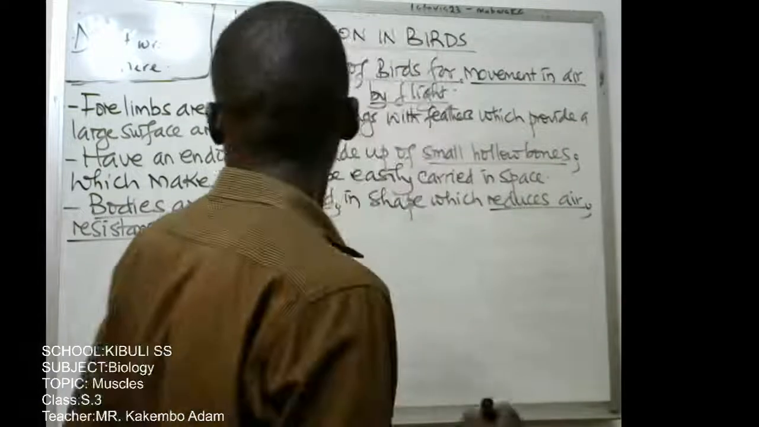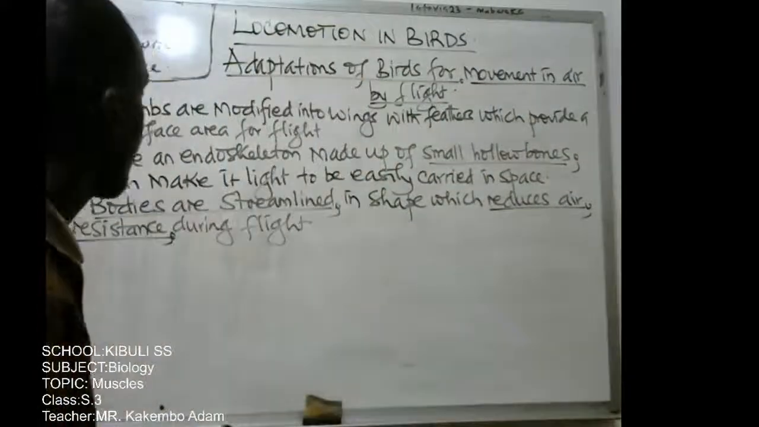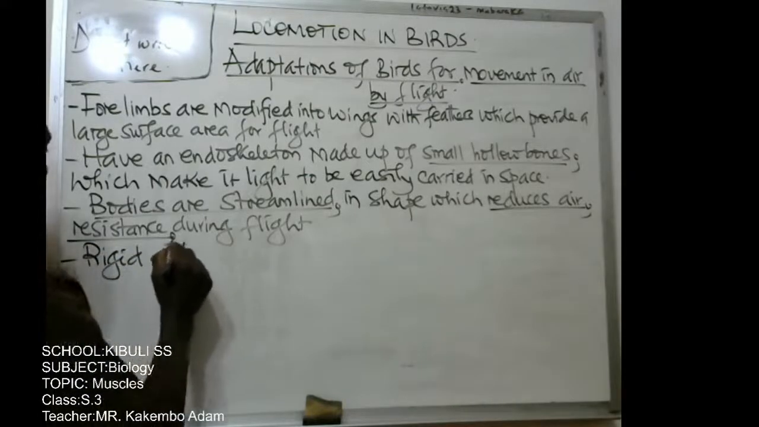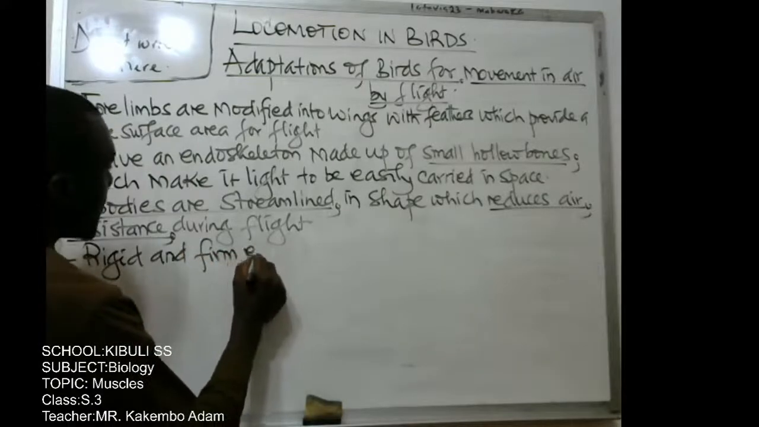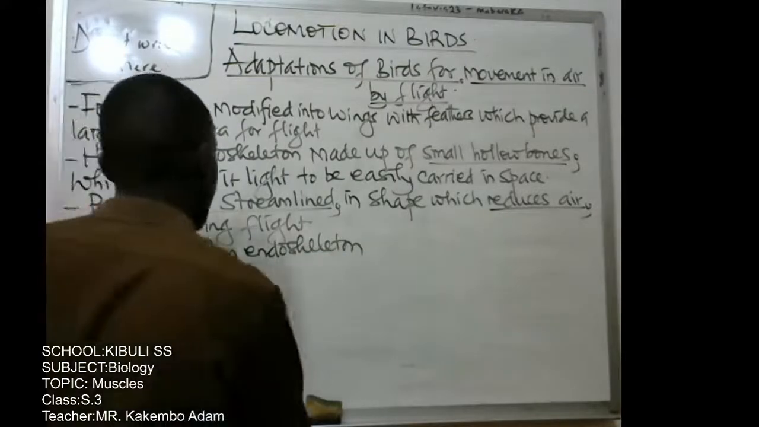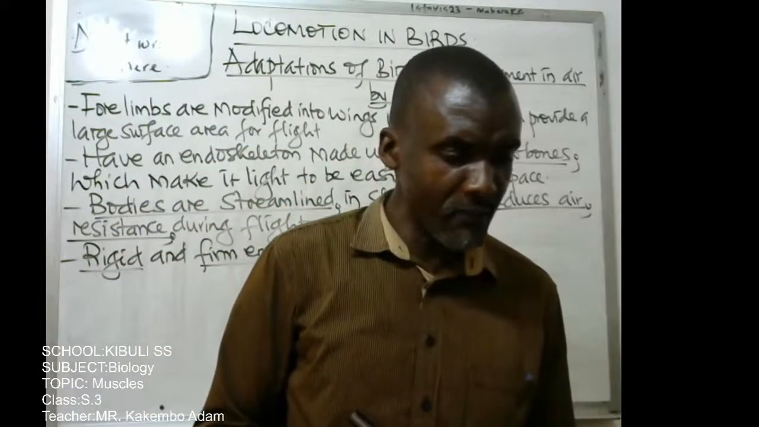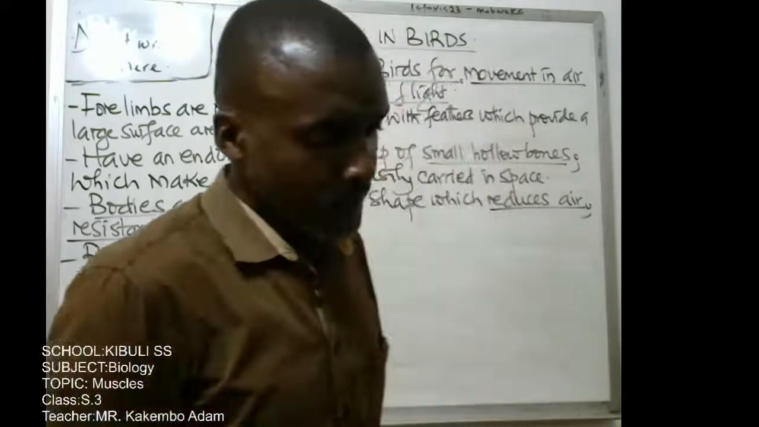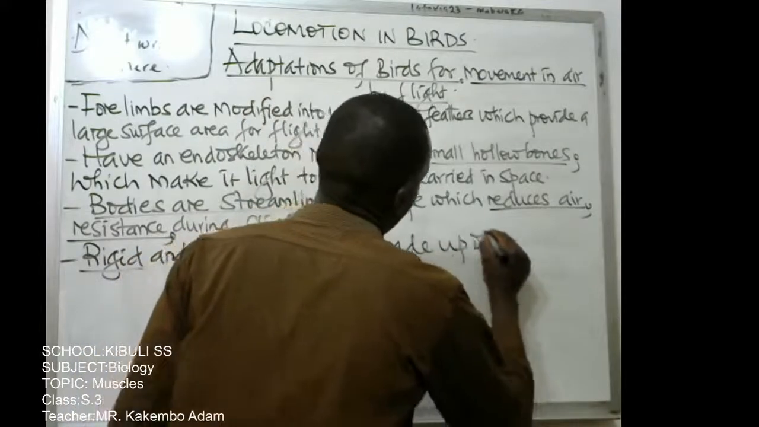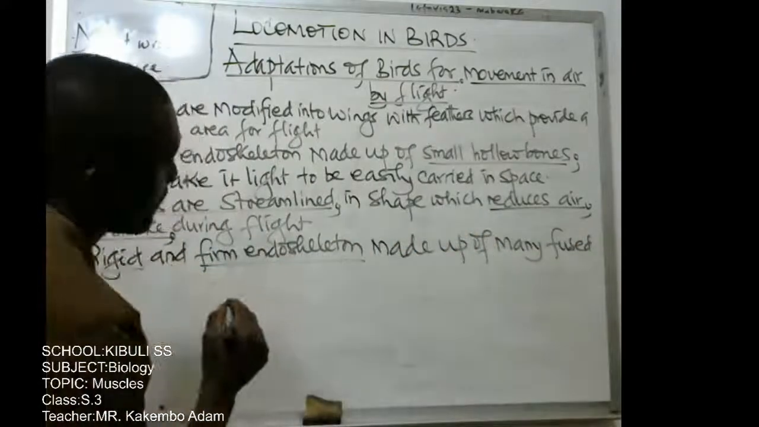Number 4, you can say birds have a rigid and firm endoskeleton for providing surface for attachment of the flight muscles, right? Made up of many fused bones,